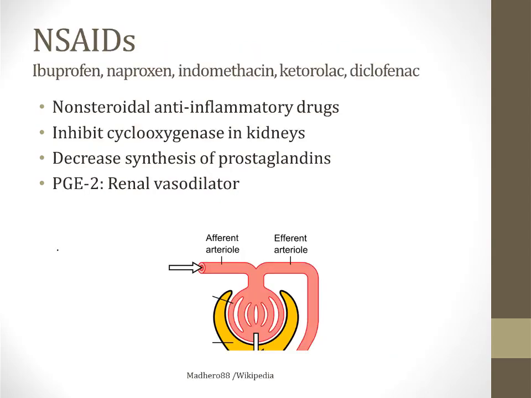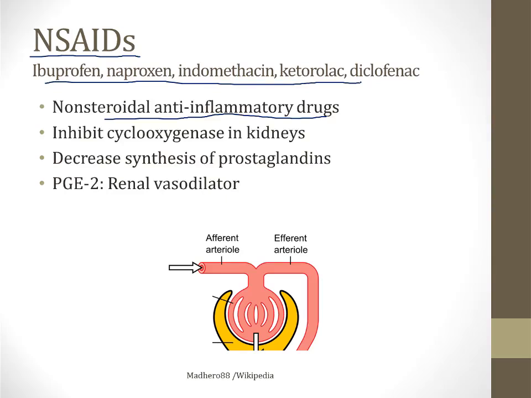There are a number of drugs that can potentially cause secondary hypertension, and I'll go through some of the important ones in the next few slides. The first class of drugs are the NSAIDs. These are non-steroidal anti-inflammatory drugs. I've listed the names of some of them on the screen here. These drugs are taken regularly by many patients for chronic inflammatory conditions like osteoarthritis, and they can potentially lead to